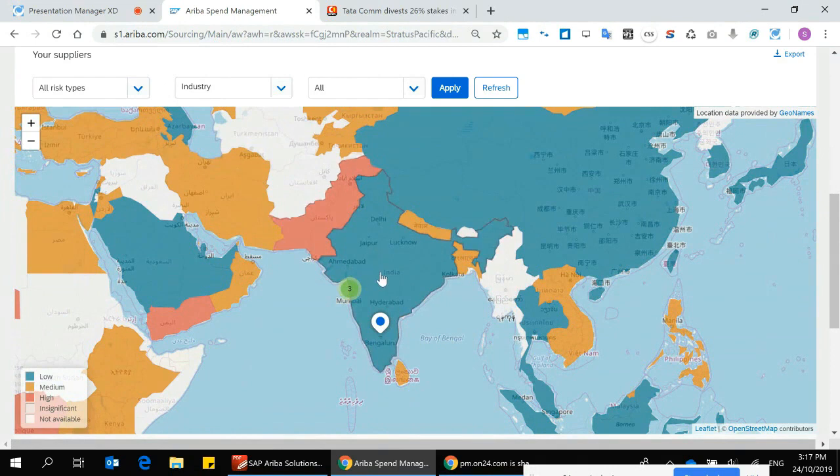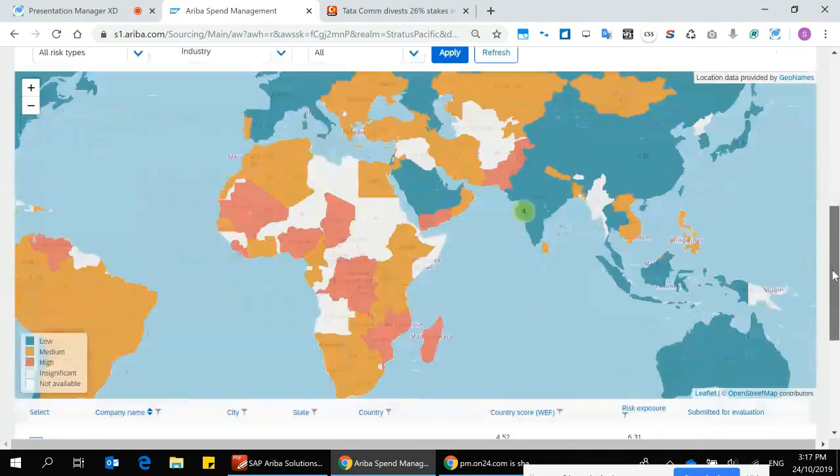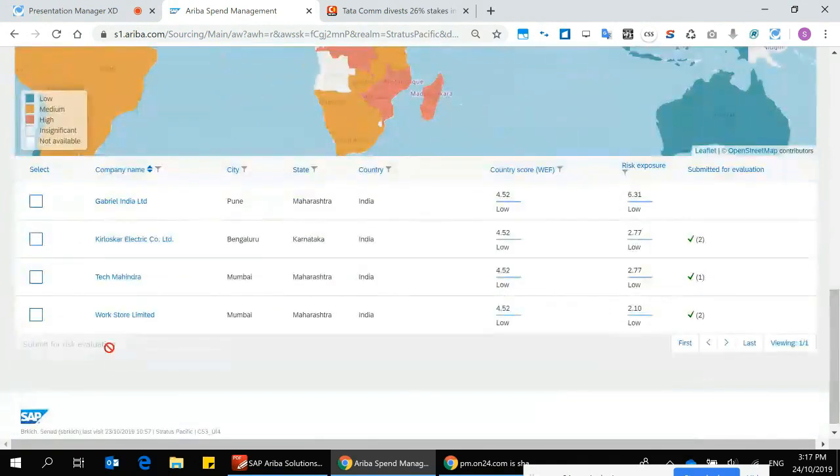And one of the beauties of this is sometimes where you might get natural disasters or other regional issues, sometimes just being able to look at a map and seeing, hey, where are all our suppliers in a particular location can be a great way of just immediately identifying in a visual way that there may be some risks in those areas. And the suppliers which I'm following are all available here down the list.